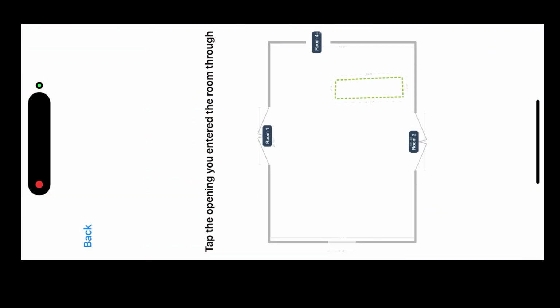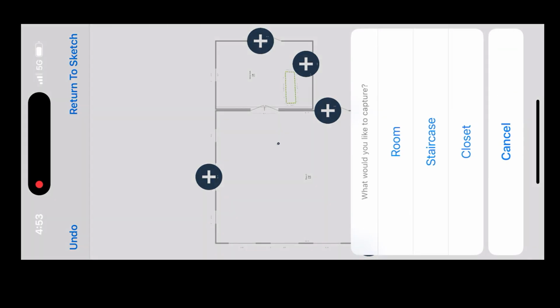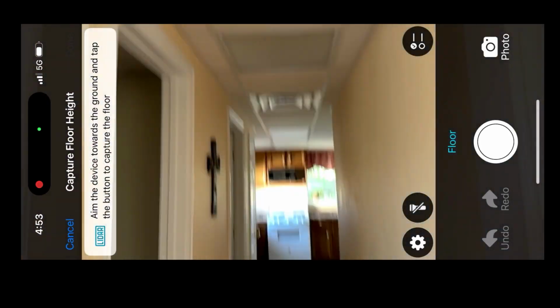Once we do that, then we have to tell Xactimate what the next room is. Actually, we have to tell it what room we entered. Now we're going to click on the plus sign of the next room that we're going to go to. So I hit the plus sign,